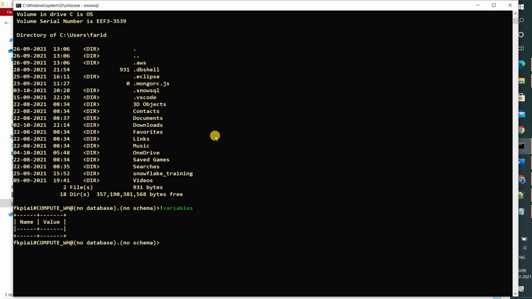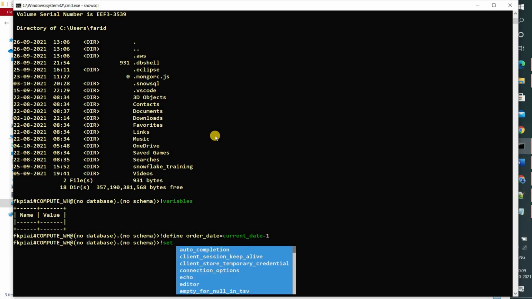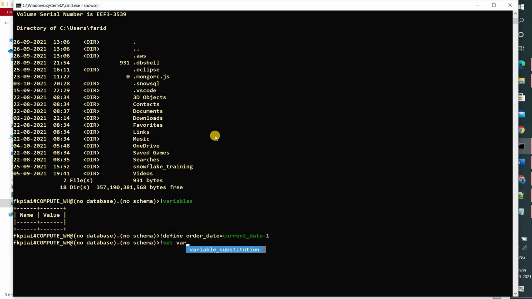Let's say define. So I'm saying define order date is equal to current date minus 1. Whenever you are defining variables, I told you to use this command: set variable substitution is equal to on.